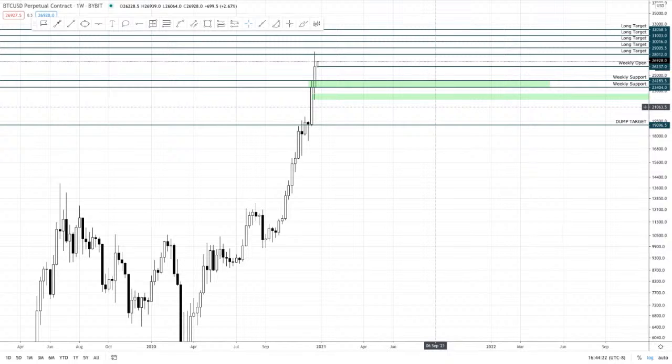But let's see. Let me look at something. Price looks good though. Price looks good to keep going up. And I will make another video for ETH